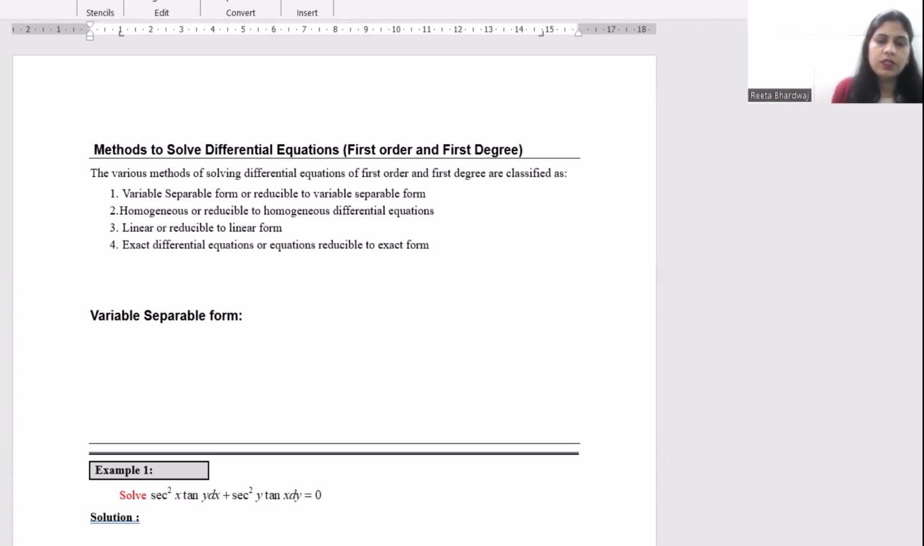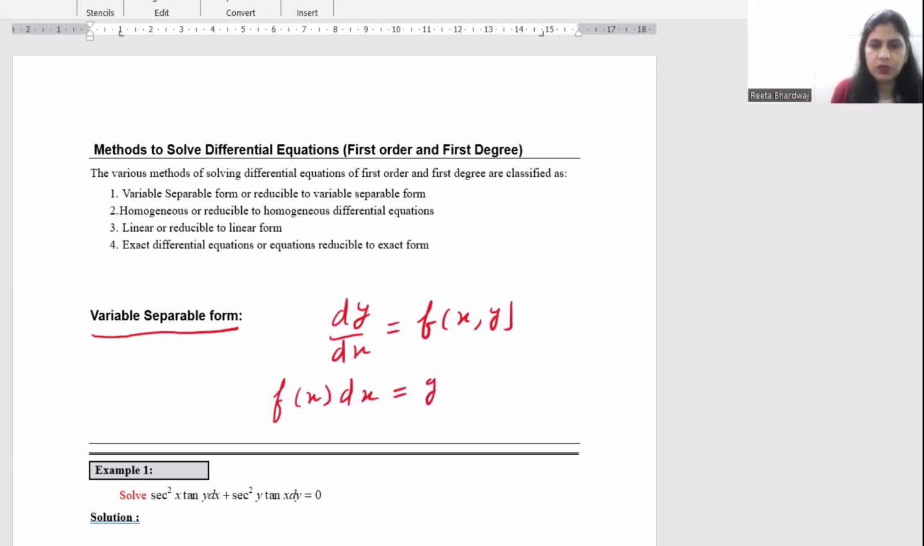So let's start with the first one, that is the variable separable method. As its name specifies, in this method we are just separating out the different variables. So let's take a differential equation of the form dy by dx is equal to some function of x and y. If in this particular differential equation, it could be represented in the form f of x multiplied with dx is equal to g of y multiplied with dy,